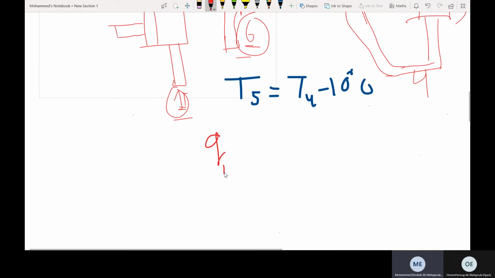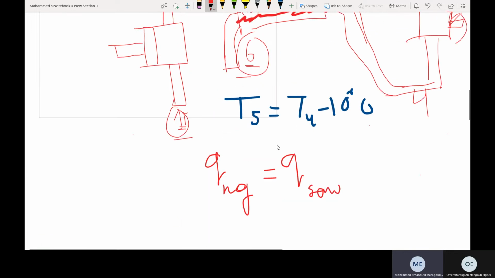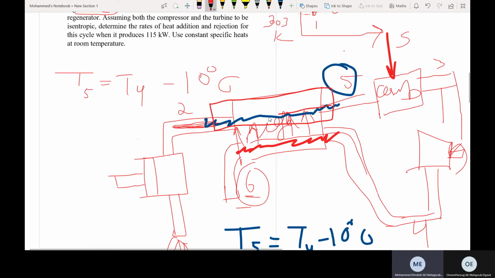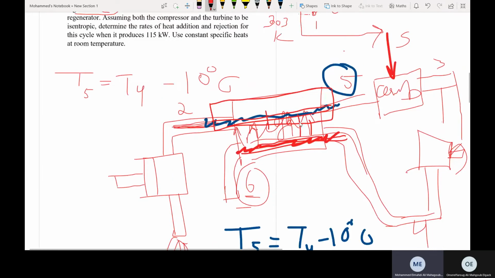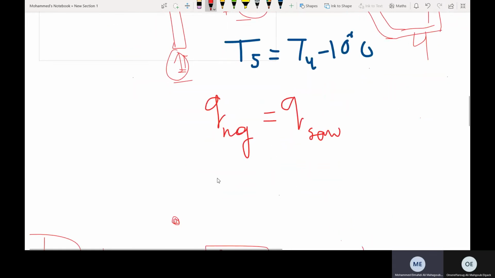So you can use this equation, or sometimes we are going to use it, that Q regenerated is the same amount as Q saved. It doesn't matter if you call this one regenerated and this one saved, or this one saved and this one regenerated. At the end, they are going to be the same. Some heat taken from here, gone to here from inside the cycle. So it is going to be not h's in this case, because we have the cold air assumption. It is going to be Cp delta T, which is T5 minus T2,